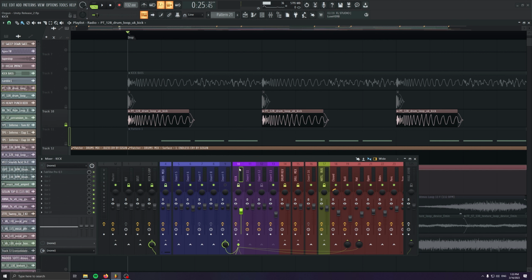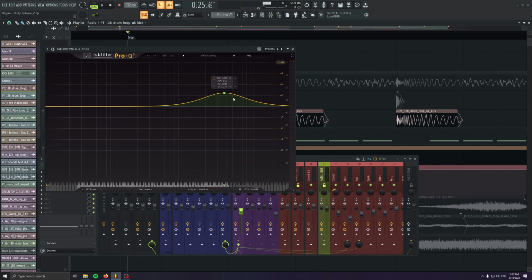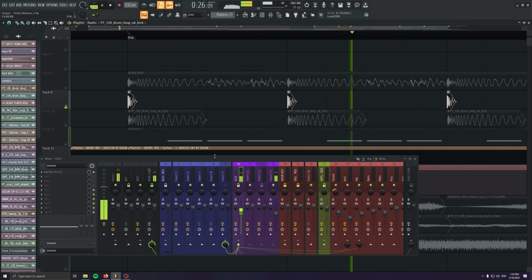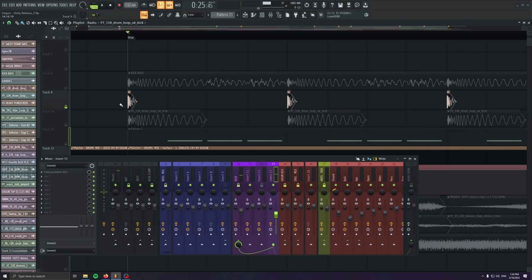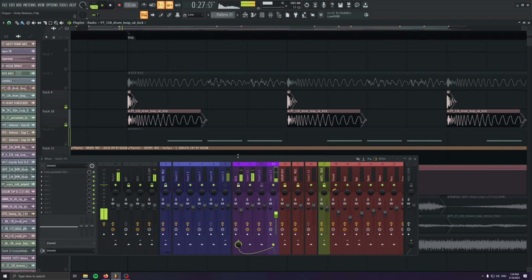I'm routing the kick to here, and in here we have just a little bit more EQ to get more click on the kick. Other than that, we got this top kick. All the low frequencies are cut. We are only using the click part of it, the transient, the attack. Together they sound like that. So as you see, just two layers and we have a really good, really big, solid kick for the track,